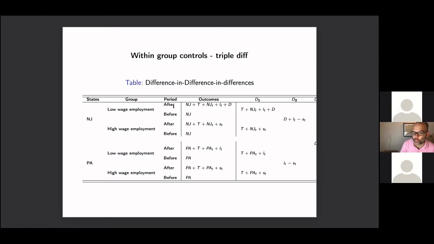For the low wage worker in the after period, you're going to have a fixed effect. You're going to have a global time trend. You're going to have a treatment group trend, and you're going to have a group trend. So this is called a group, all right? Notice I call it a group right there. You're going to have a group trend. And then you're going to have the treatment, the minimum wage itself. So after, you've got these five